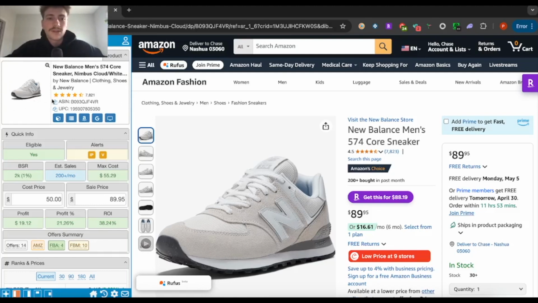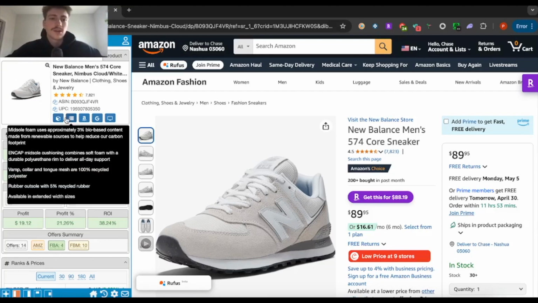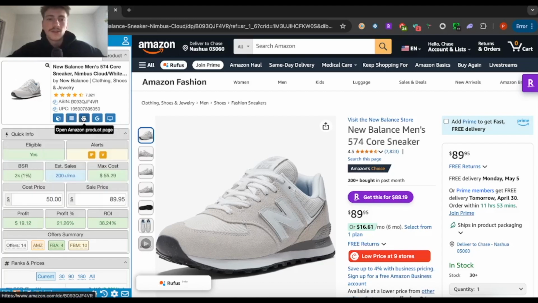Over here, obviously, you have the image of the product that you're looking at. And then next to that, you're going to have the product title. Below that, you have the brand as well as the category. And then under that, you have reviews, ratings, you have the ASIN, the UPC, and then you have these little icons. You can look at the dimensions of a product to help you get an estimate of what shipping is going to be for it, how much the shipping is going to cost. Then you can open the Amazon product page, which we already have right here. You can also search for it on Google,